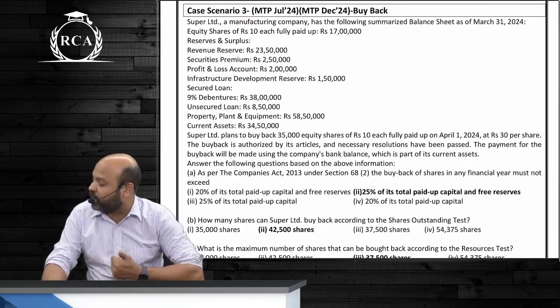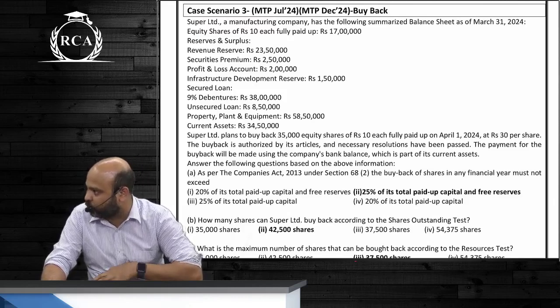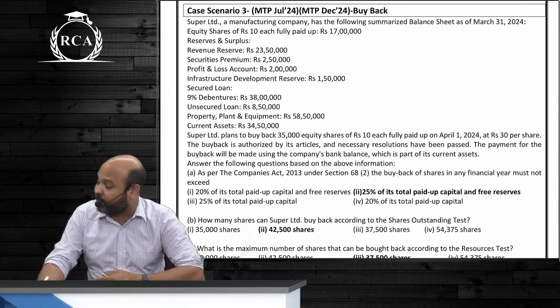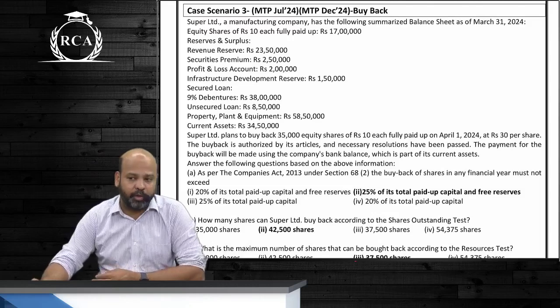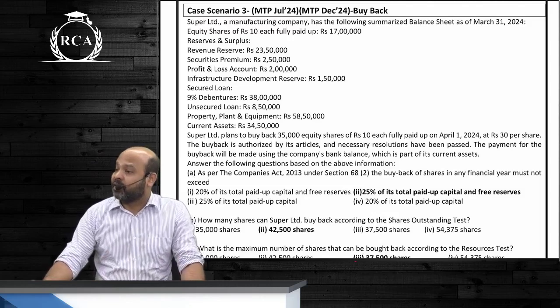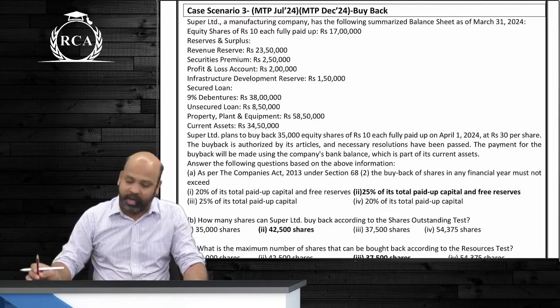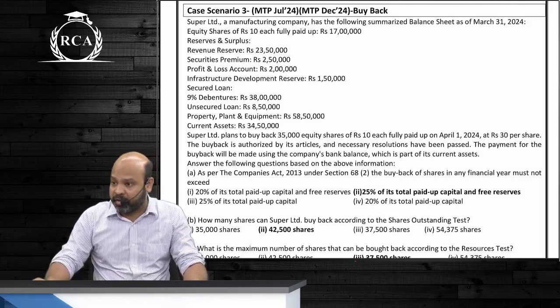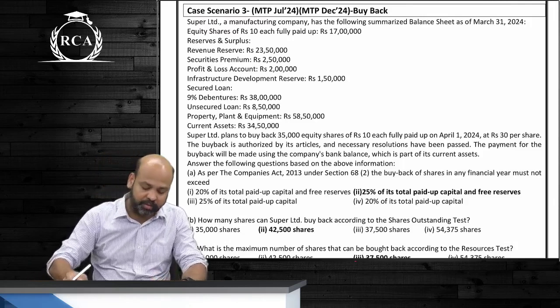Equity share capital account debit, premium on buyback account debit to equity share buyback account, then pay them off, equity share buyback to bank account. Write off premium on buyback against securities premium. So securities premium account debit to premium on buyback account. Then create CRR. For that, that's what the entry will be. CRR can be created only out of free reserves. So free reserves account debit to capital redemption reserve account.